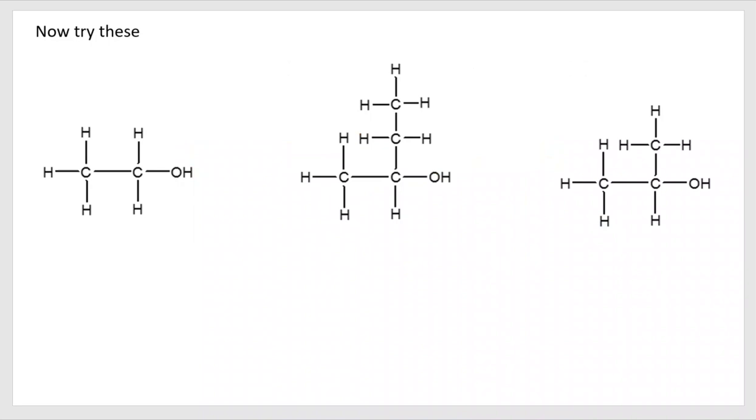The first one, and in fact all of the names we can see coming straight up, but we've got ethanol, 2 carbons, the alcohol is there on the end of the carbon chain. This is butan-2-ol because we've got 1, 2, 3, 4 carbons in a row. I'm numbering from here and I'm going across because that gives me the lowest possible number for the OH. So that's butan-2-ol. And we have got here 1, 2, 3 in a row with the OH on the second